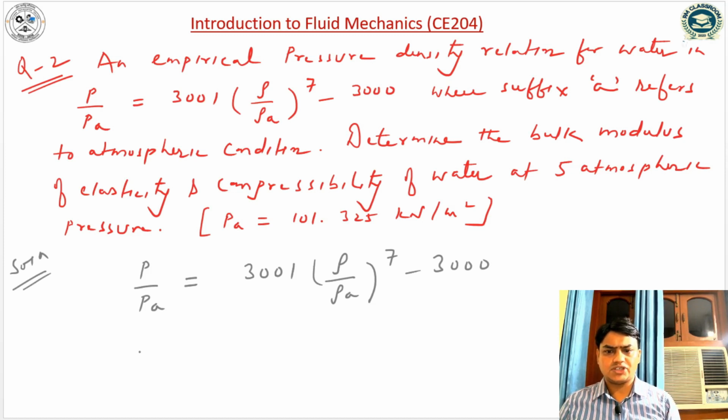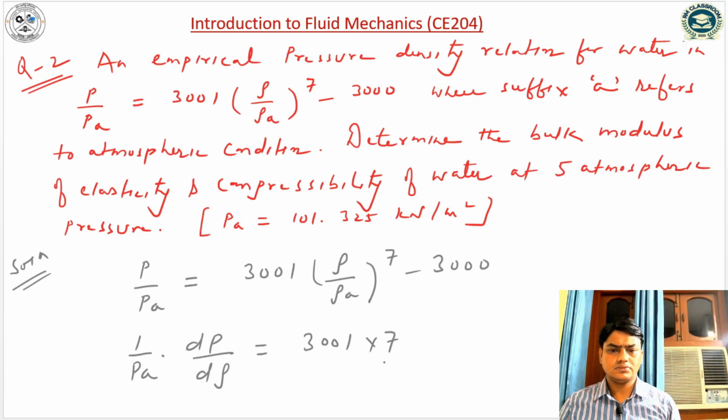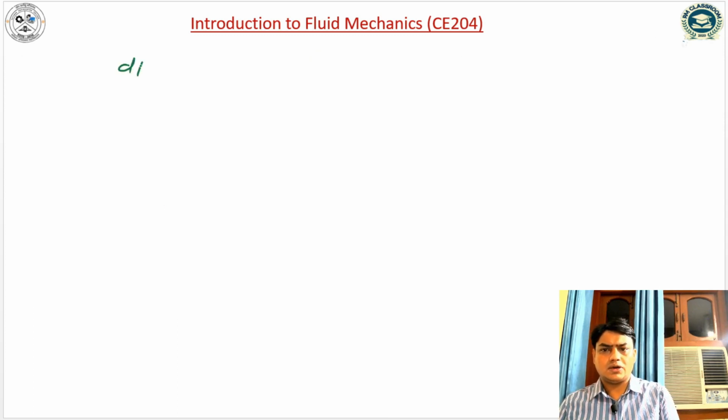So if I differentiate this value, dP by d rho is equal to PA into 3001 into 7 divided by rho A to the power 7 into rho to the power 6 minus 0. So we can write dP by d rho is equal to